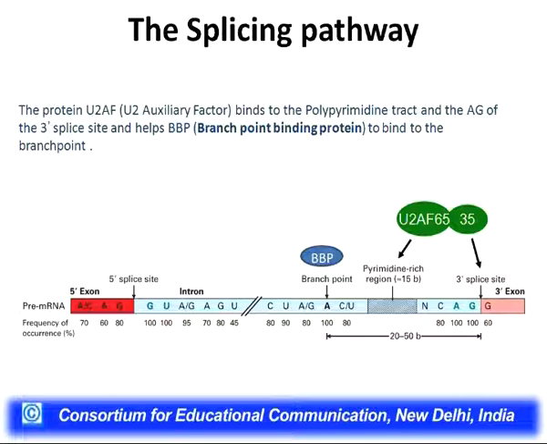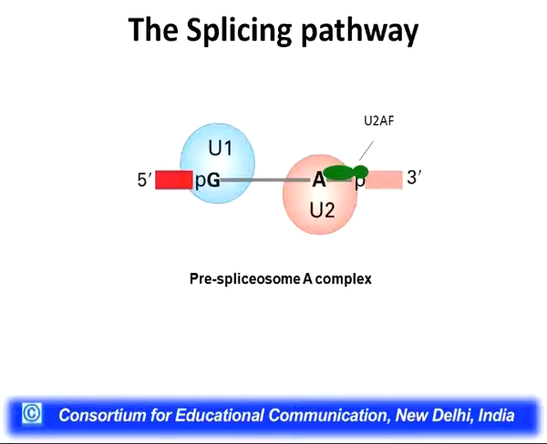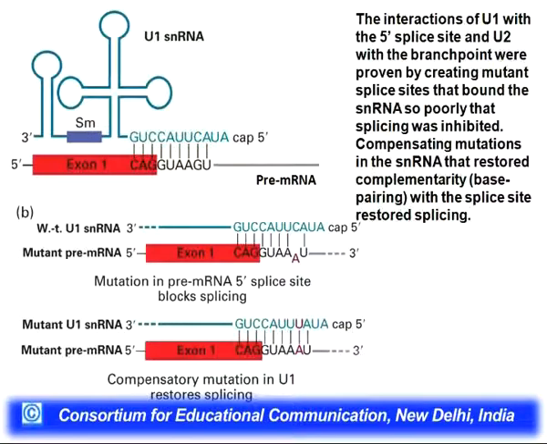After this complex has been formed, the branch point binding protein moves out from the branch point site, and the U2 snRNA comes and binds to the branch point site by virtue of its complementarity with the mRNA. This complete complex of U1 and U2 along with U2AF is known as pre-spliceosomal A complex. After this complex has been formed, the U2AF auxiliary factor moves out from its particular location. After U2AF moves out, there will be input of tri-snRNP, that is U4, U5, U6 snRNP, to a primary